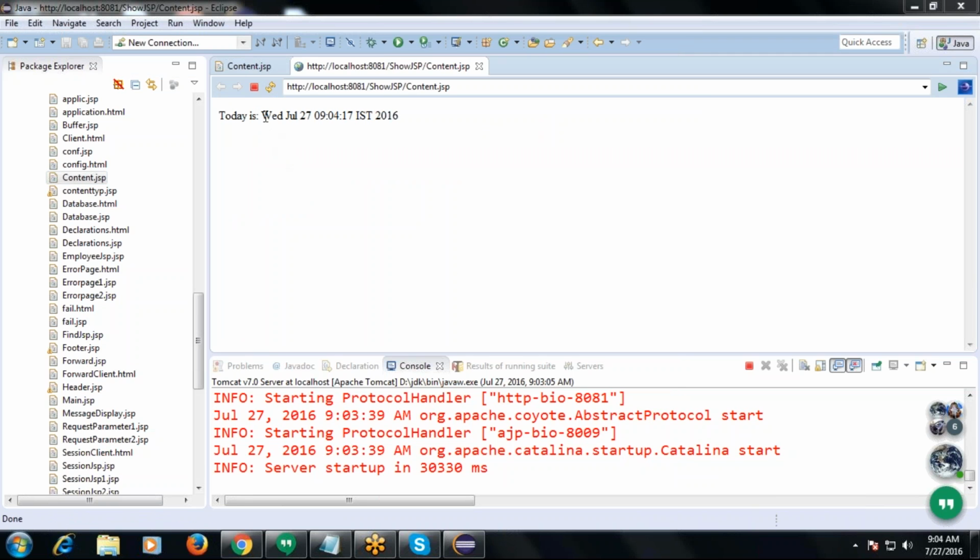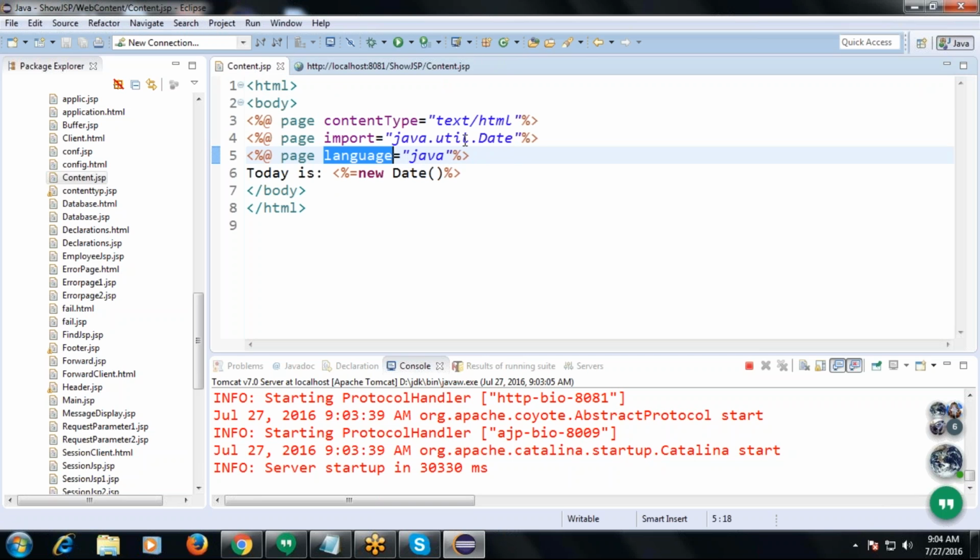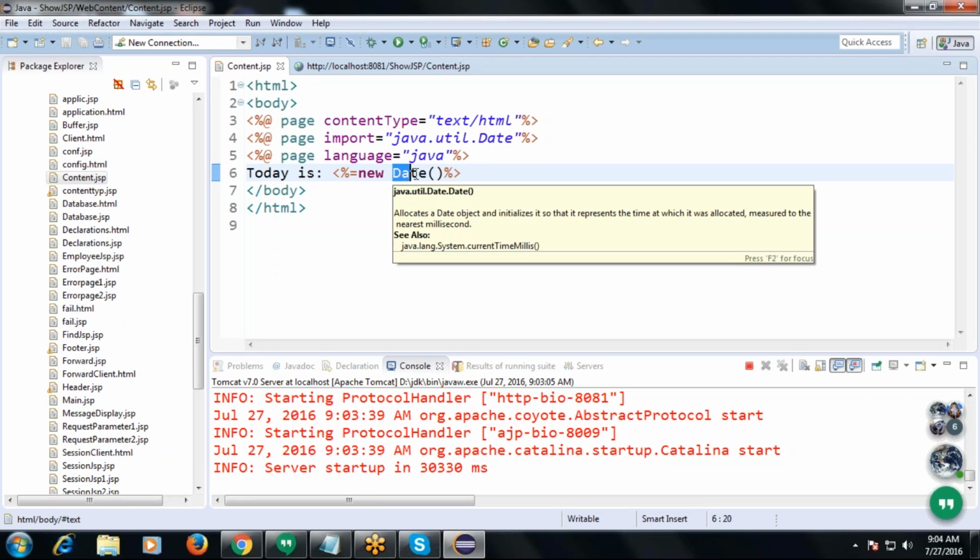Now here you see, today's date and time is displayed here, right? So how is today's date and time displayed? We used a predefined class from the Java language called Date.